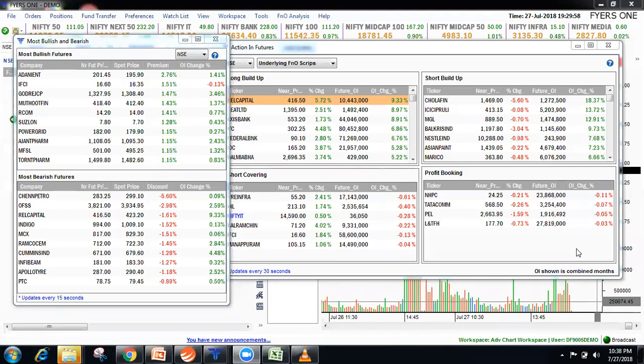Stop loss, that is one good question. If you're trading in futures with options, 1% should be your stop loss. If you're entering at 2%, that is, if you're entering at 500, then 495 should be the stop loss. A 1% stop loss should be on your futures. When that stop loss is hit, you have to exit options also. You will get a small profit in the option, but you will definitely end with a small loss, because whenever the futures stop loss is hit, you take a loss, and the option is always protecting the money.